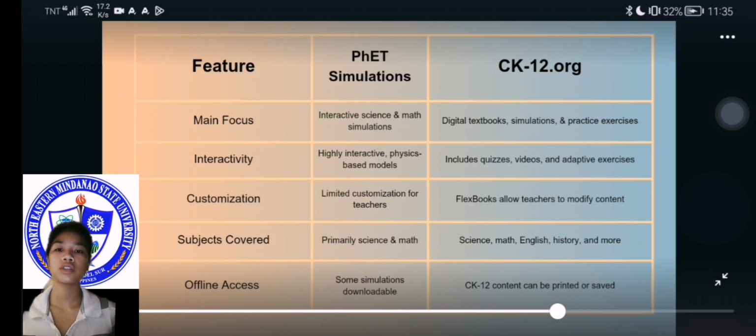In customization, PhET has limited customization for teachers, while Flexbooks allow teachers to modify content. Subjects covered: PhET primarily science and math, and CK12 science, math, English, history, and more. In offline access, some PhET simulations are downloadable, and CK12 content can be printed or saved.